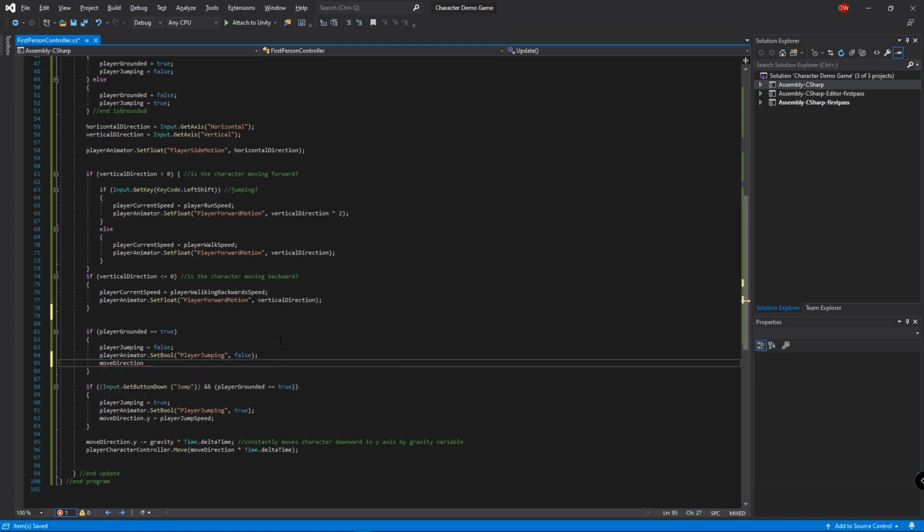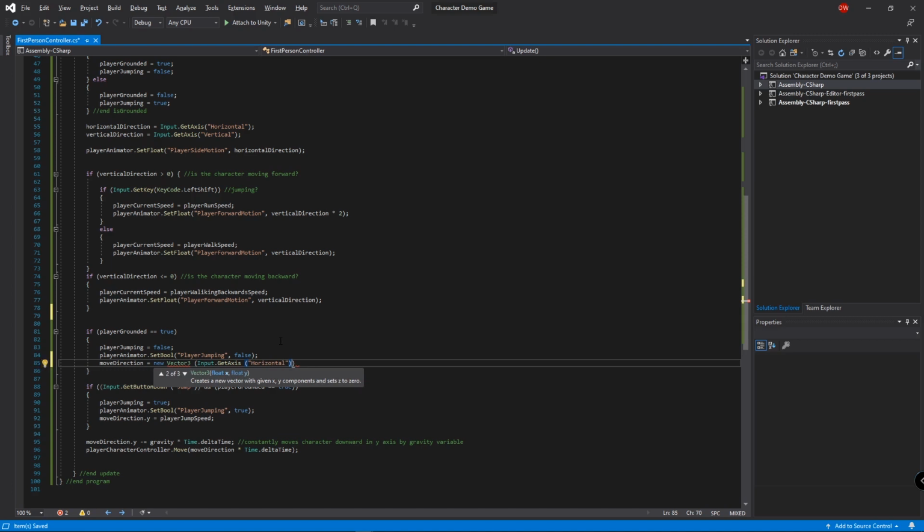Move direction equals a new Vector3, input dot GetAxis horizontal. So this is going to take our horizontal, our W and our S,